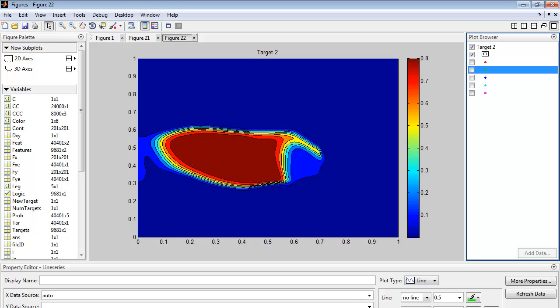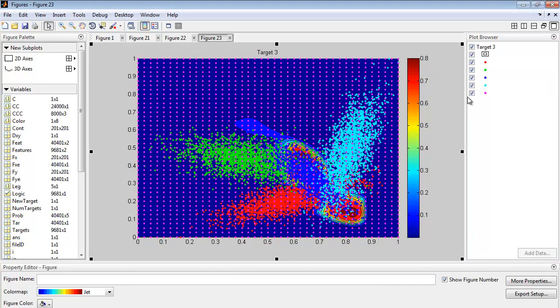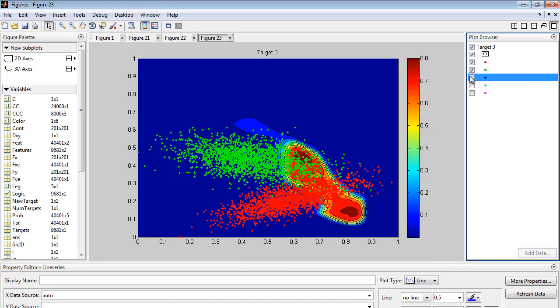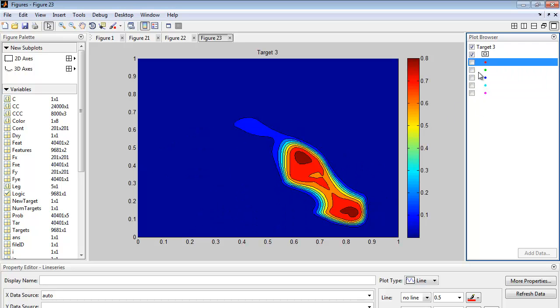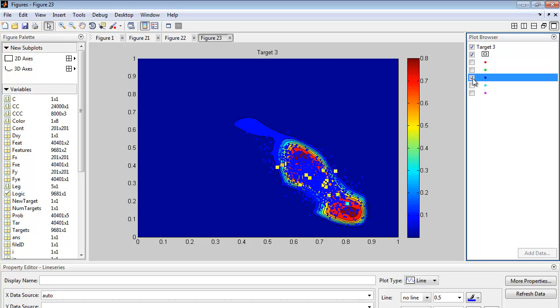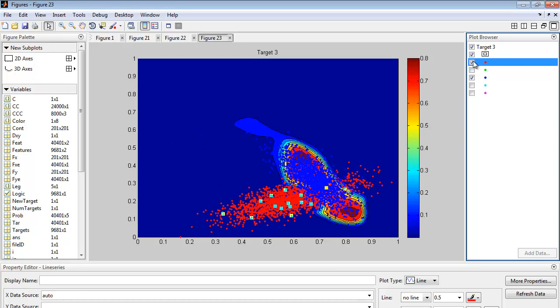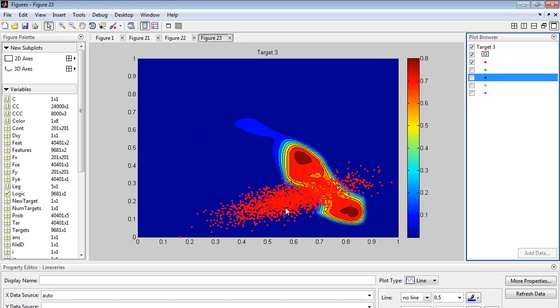So this is the contour of target 2, target 3. Very similar. Background grid's gone. What you find is that target 3, part of its regime was knocked away. So even though it exists all the way across here, part of the regime was knocked away by the existence of the red, or the target 1. Notice the target 1 coming across this blue area, the blue data has pushed the probability down